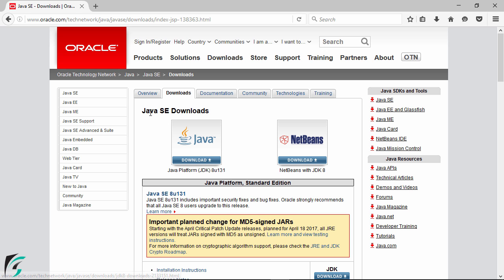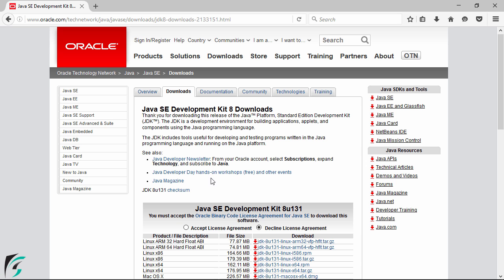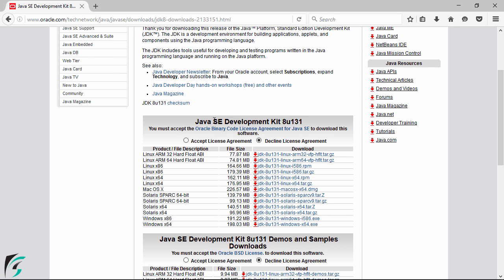Now here you can see Java SE downloads. The SE stands for Standard Edition, right? And here on the right you will find Java EE and Java ME. Java EE stands for Enterprise Edition, right? But we will simply install the Java Standard Edition. So simply select it. Now down the side you will find the Java SE Development Kit with the version